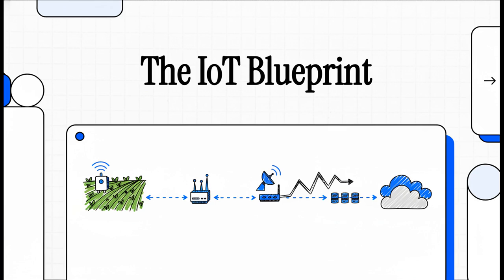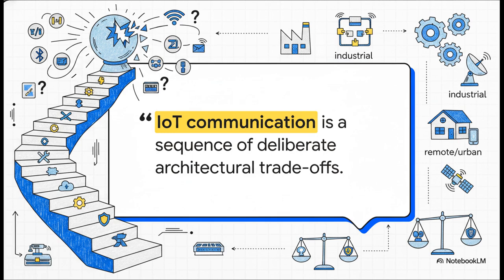into the cloud core. Right off the bat, we've got to completely shatter this massive illusion. The illusion that IoT runs on some magical universal standard. It doesn't, not even close. Instead, it's all about making strategic choices on a metaphorical staircase of engineering decisions. Every single environment demands something completely different from the network, so building a functional system is really an exercise in